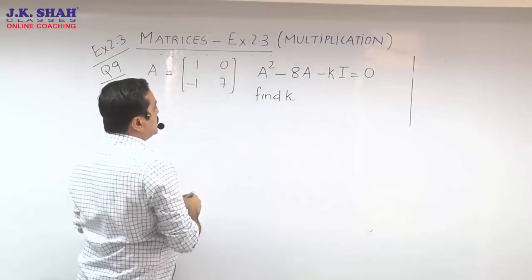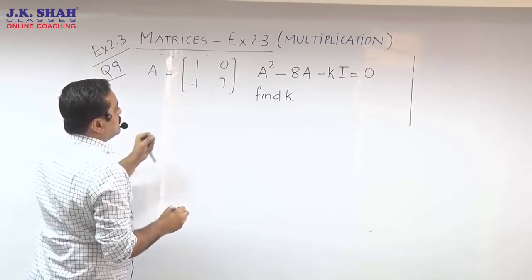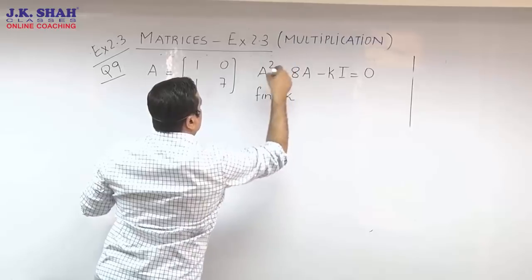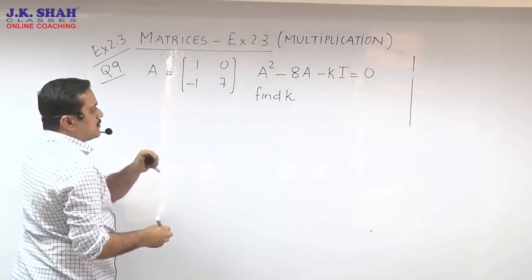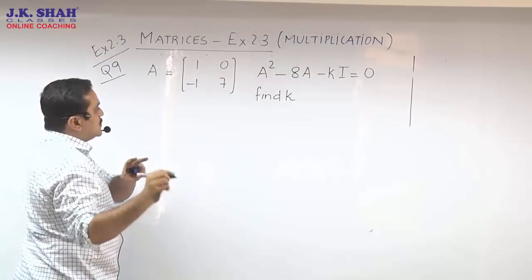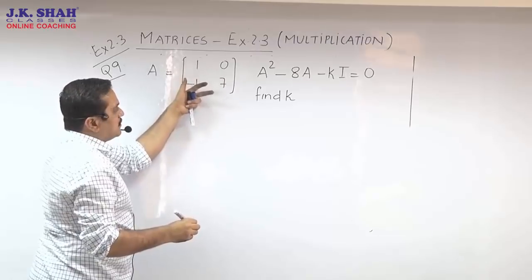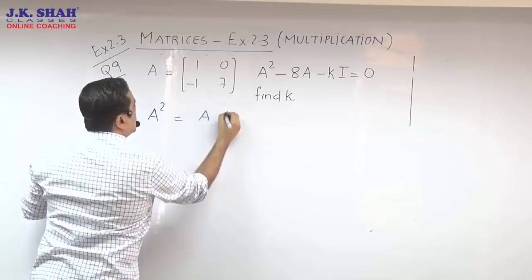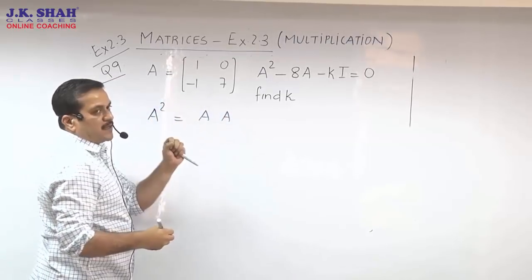So before we put our hand on this sum, the start will be the same. We need to find out A square first. If you want to work on this equation, you need to find A square. So I expect everybody right now must have paused the screen and started finding A square. Stop, when it says A square, don't just square each element. Once again I repeat, A square is nothing but A into A. So you need to multiply the matrix with itself. So copy the matrix 2 times and start multiplying, please.